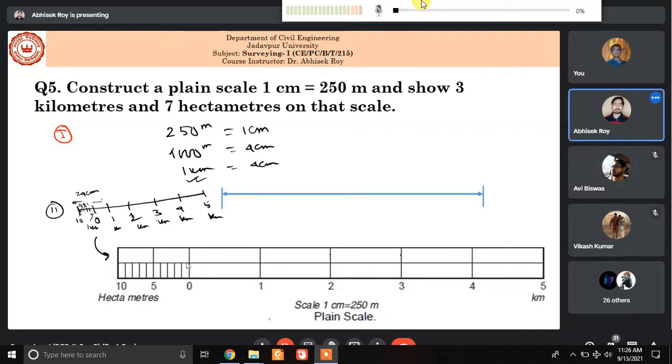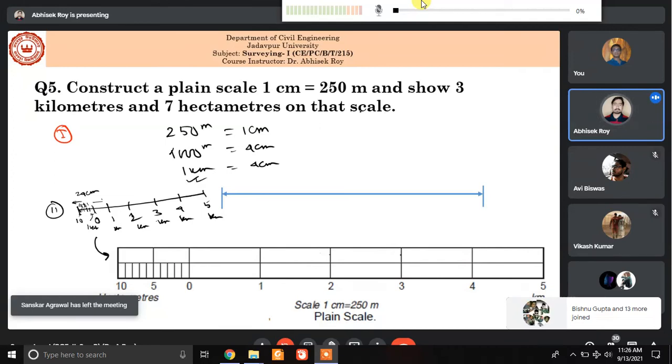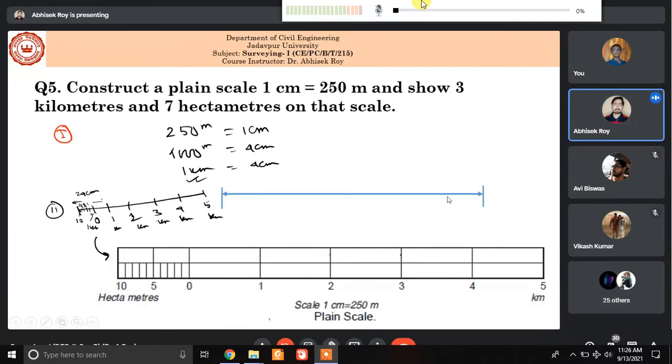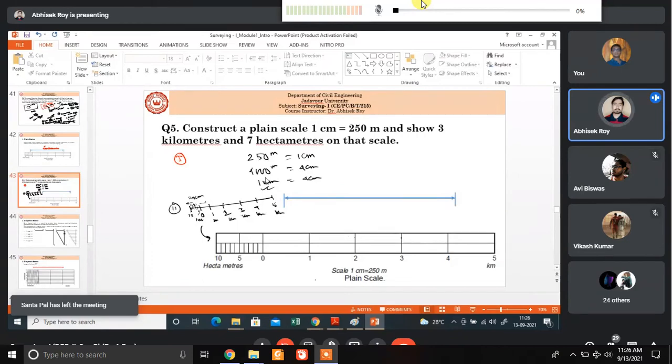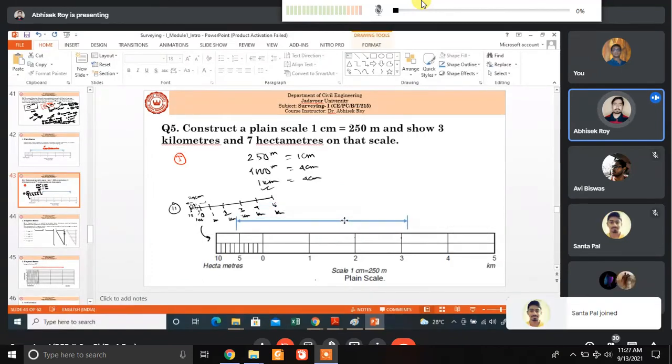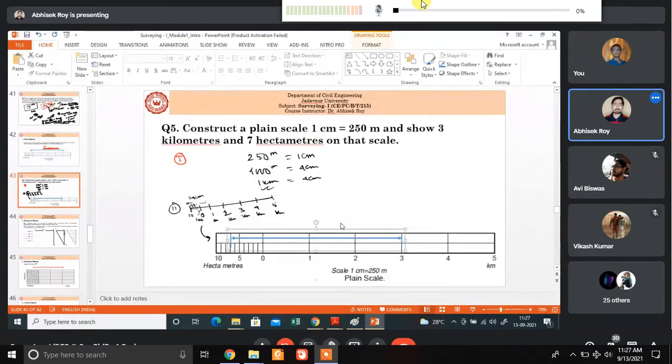Okay. Now with the help of this scale, they have asked in the question to plot 3 kilometer and 7 hectometer. So I will draw a line that will start from 3, and in the other direction it will move up to which point? You can see up to this point after crossing 5, 6, 7, because that will represent 7 hectometer, or from 0 to 3 it is 3 kilometer. So this will be the line's length representing 3 kilometer